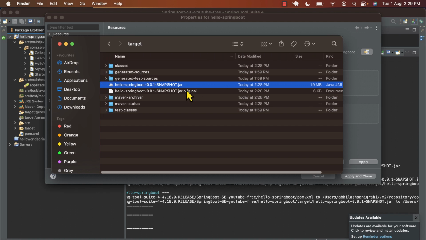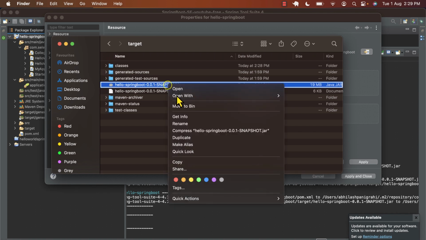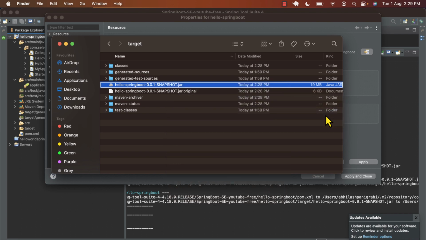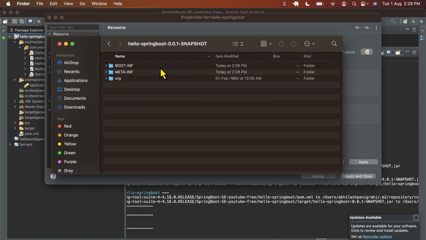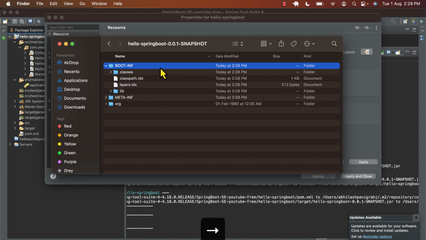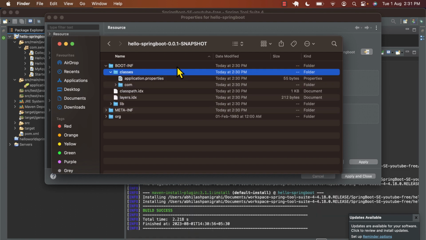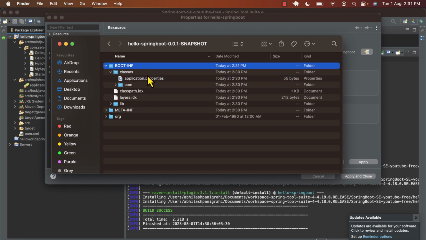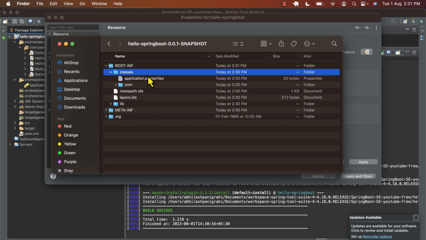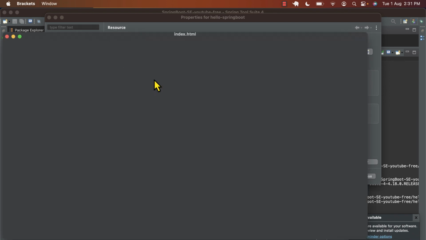Okay, so right now if I unzip this jar using this unarchiver. If you're using Windows, use 7-zip to unzip this jar. You can see this is the file that we got out of this jar. If I go inside this file, to boot.inf, you'll find the classes, and you can see your application properties file is inside this boot.inf folder. Inside this classes, you have this application.properties file. If you open this up,